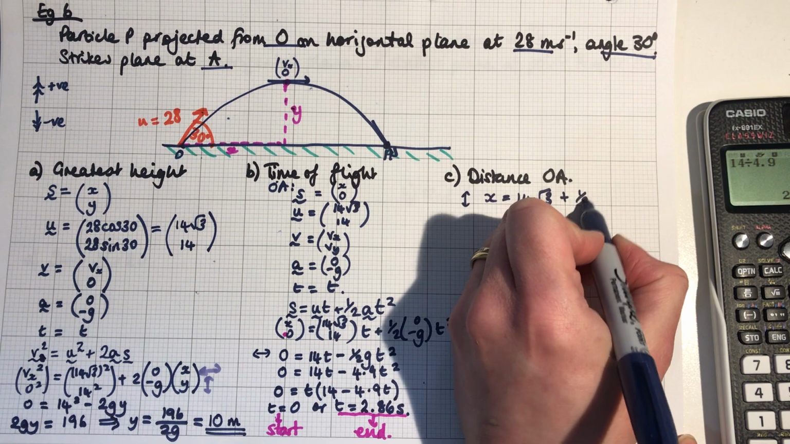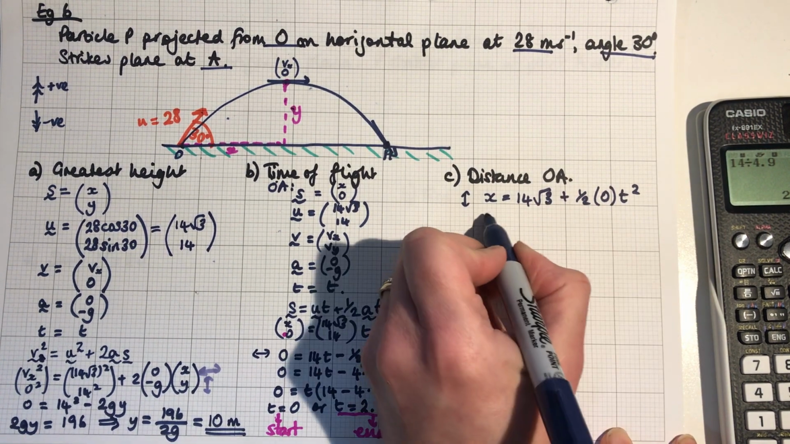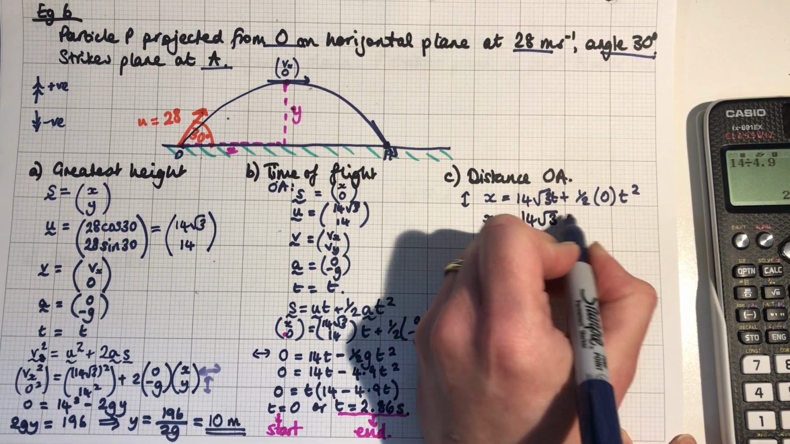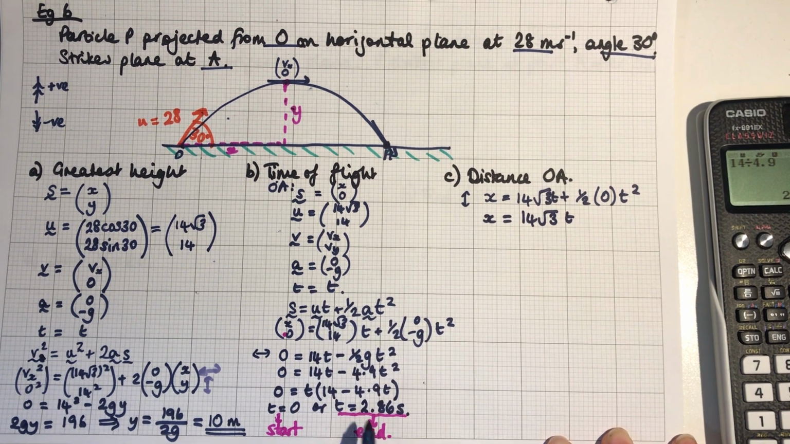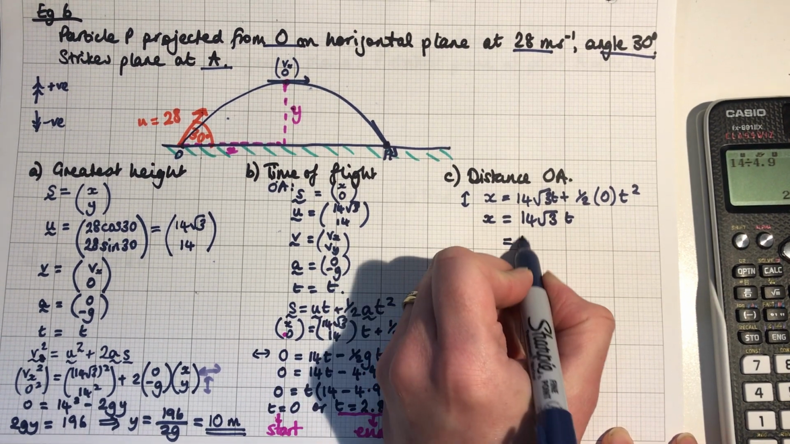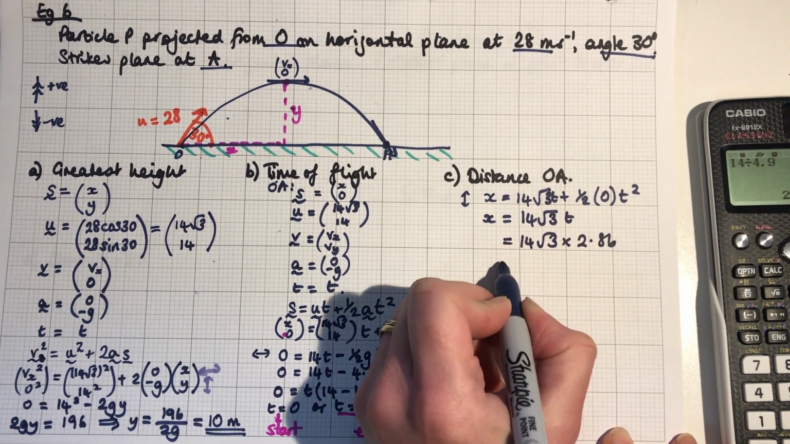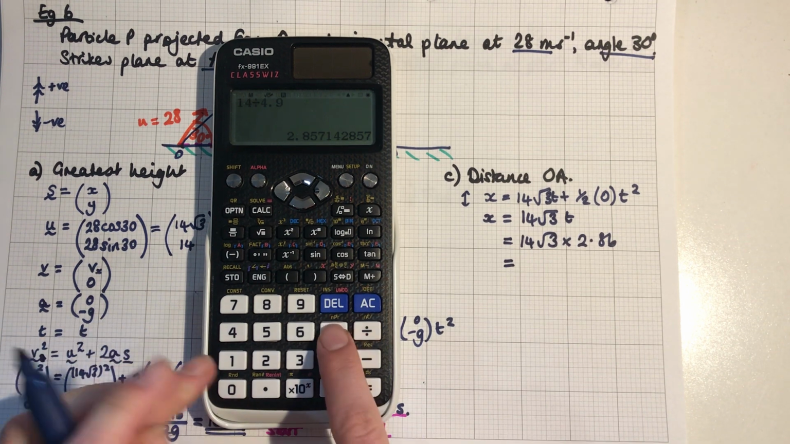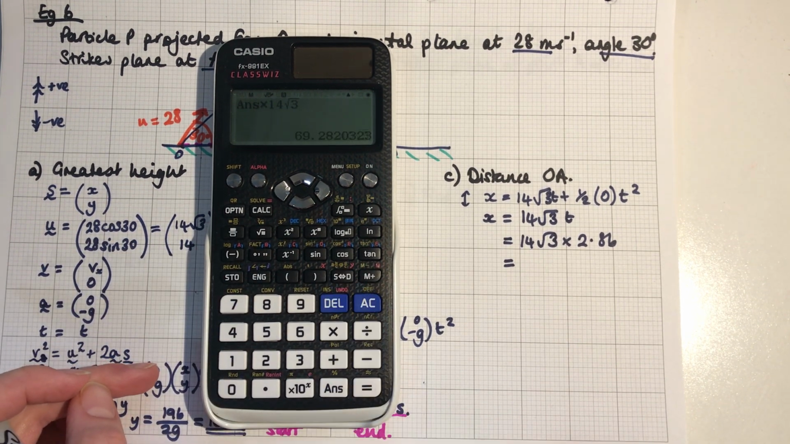I'm going to write it out just so you can see, but of course all of that will be 0. So we just have x equals 14 root 3 t. We've already worked out t in the previous example. I've still got it on my calculator, so I'm going to take that answer and multiply it by 14 root 3 to give me